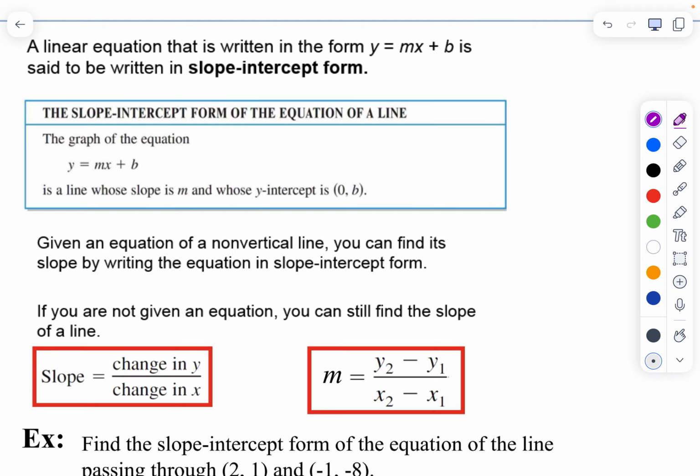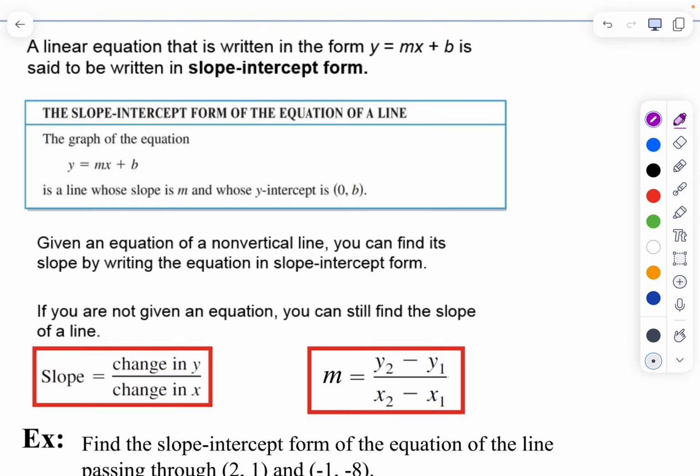So a little bit more on slope-intercept form. Excuse me. Again, we've got it up here, y equals mx plus b. But given an equation of a non-vertical line, you can find its slope by writing the equation in its slope-intercept form. And the translation there is that if you have any equation, whatever form it may be, we can get it into slope-intercept form. And for graphing purposes, that helps. That's really nice. But what we're trying to say is that not all equations are going to be given to you in slope-intercept form, as you know. Also want to point out